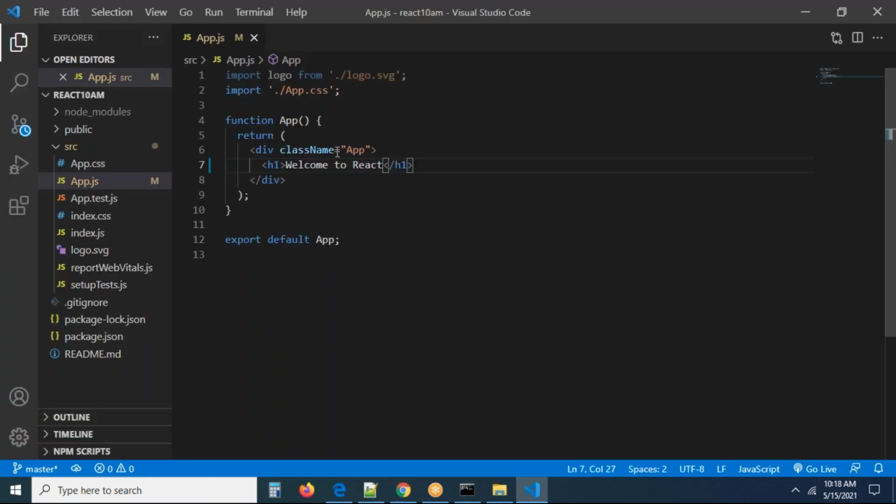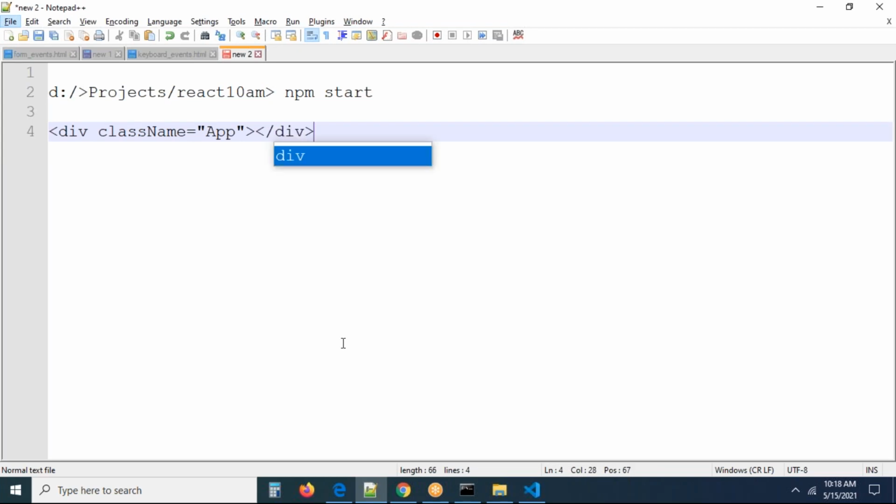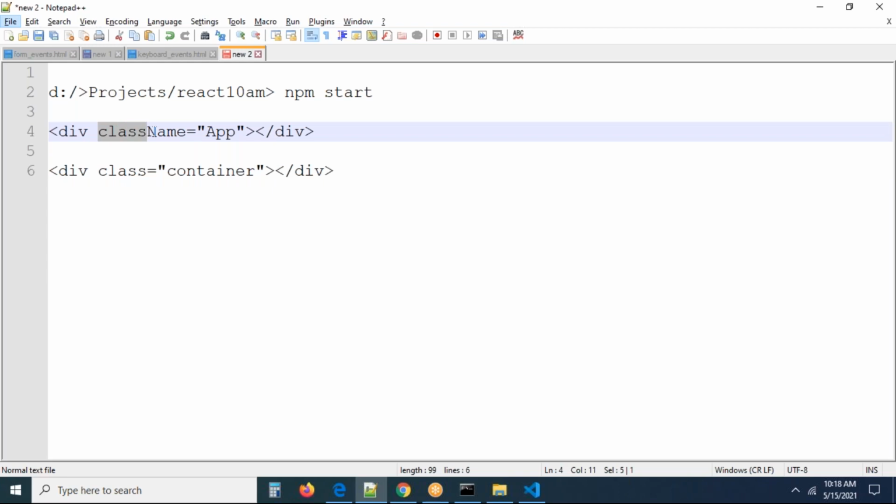Why? Because they have a class name app. Remember, do you observe this exactly? What is this class name app? Try to observe, some observation is required here. So just opening a file and editing the code is not the matter. Observe the environment. I have a div. Generally in our CSS, we can take a div and add a class attribute, class is equal to some container or something, like this, no? Yes or not, right? But can you see there is no class attribute? There is a concept called className. Remember carefully, in React, class is a predefined keyword.